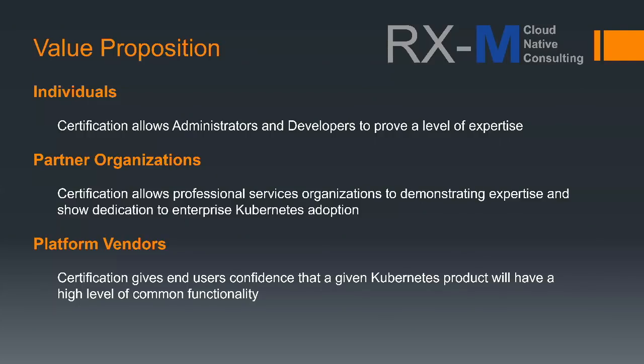So if you're Amazon and you're going to offer Kubernetes as a service, people are like, well, we've got all this Kubernetes stuff running in our data center. How do we know it's going to work when we bring it to Amazon? Well, because it's a certified platform. And so it's passed all of these tests. It can run all of these standard kinds of manifests and has the features that you would expect of a